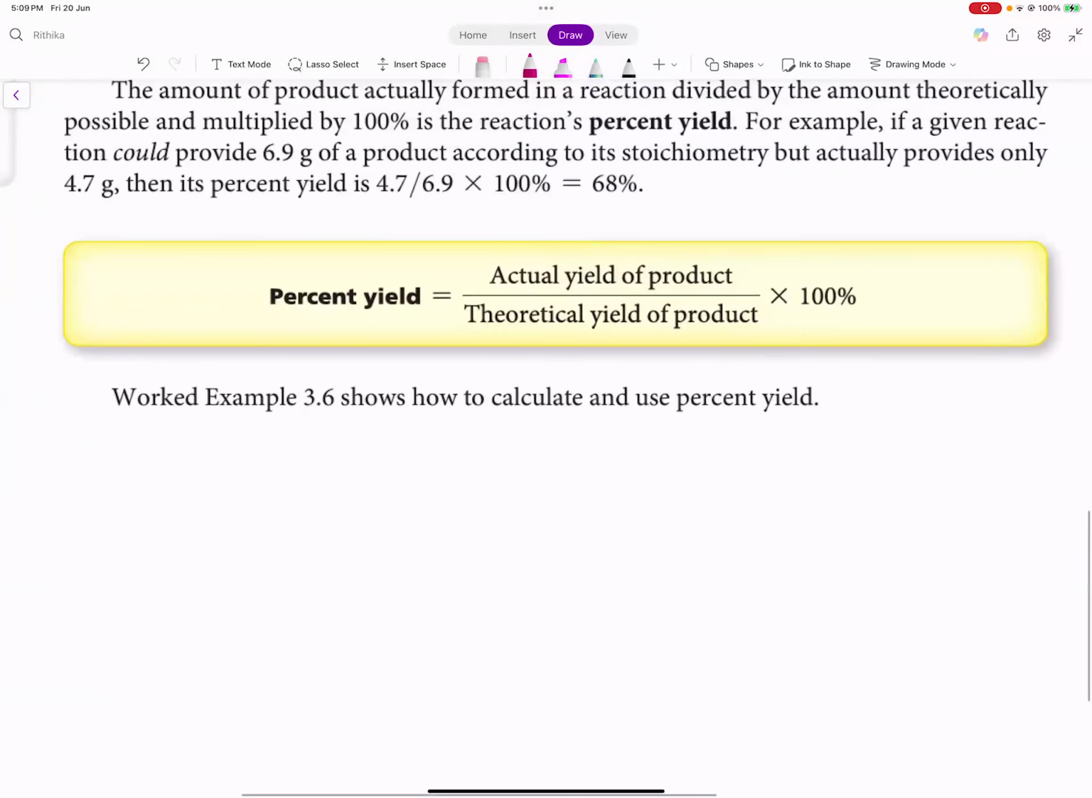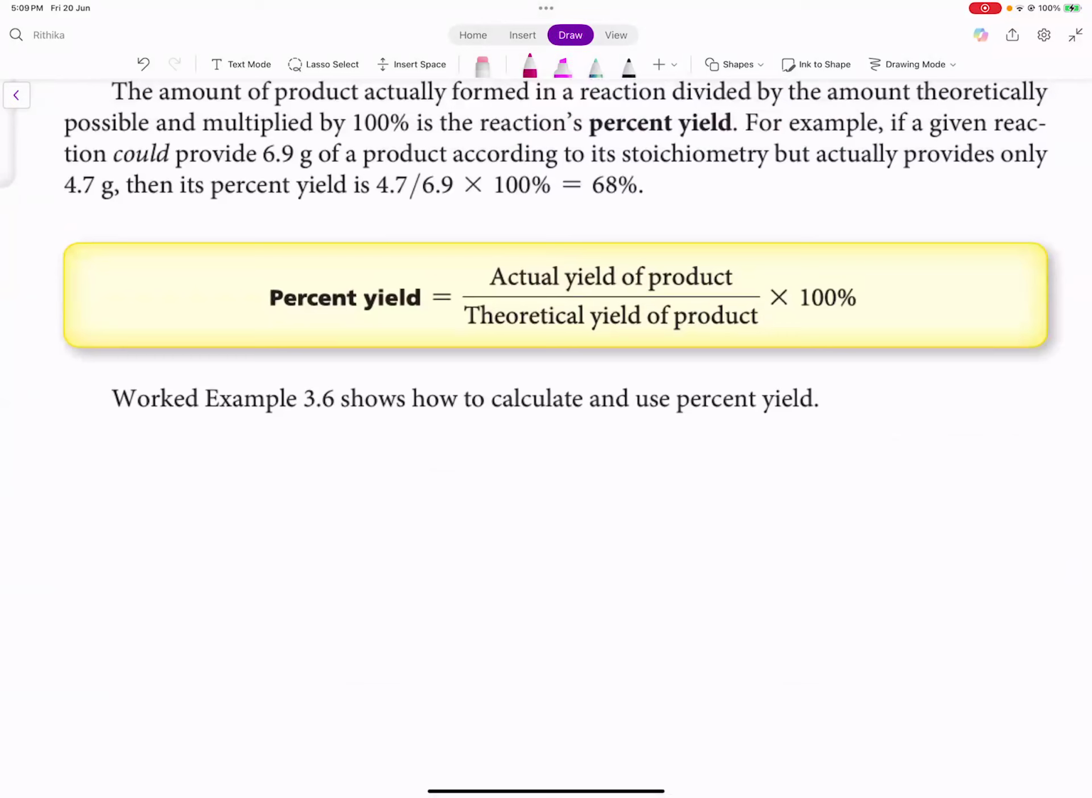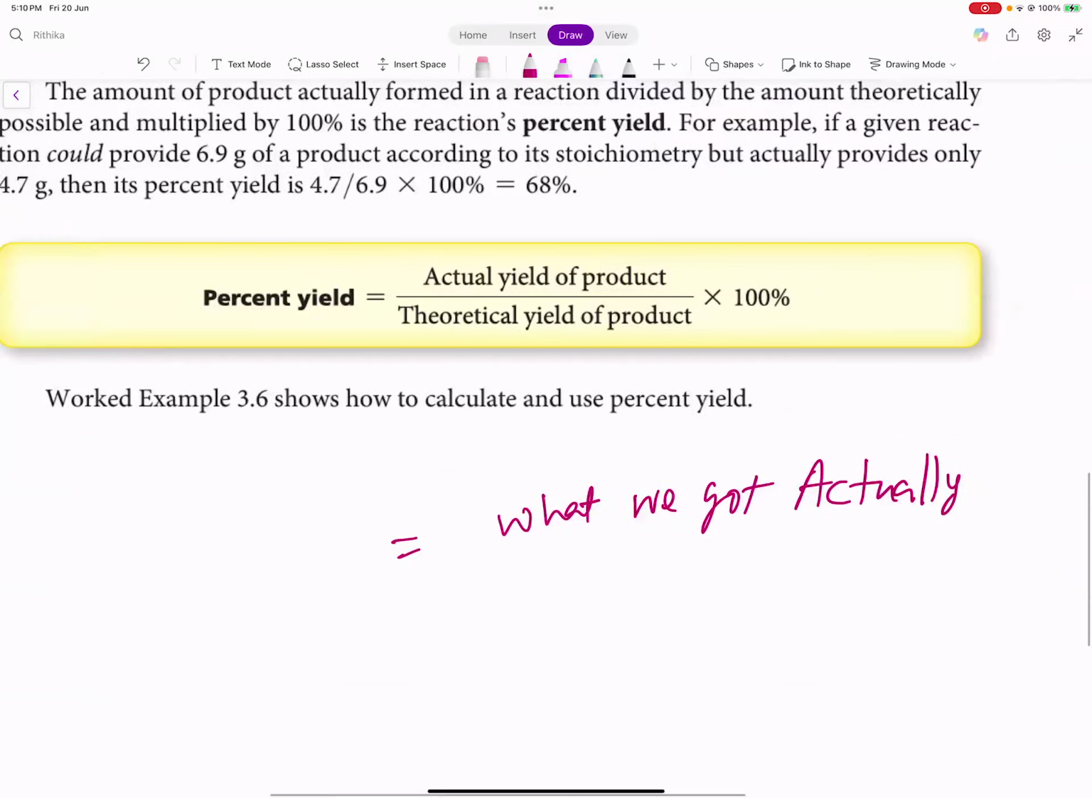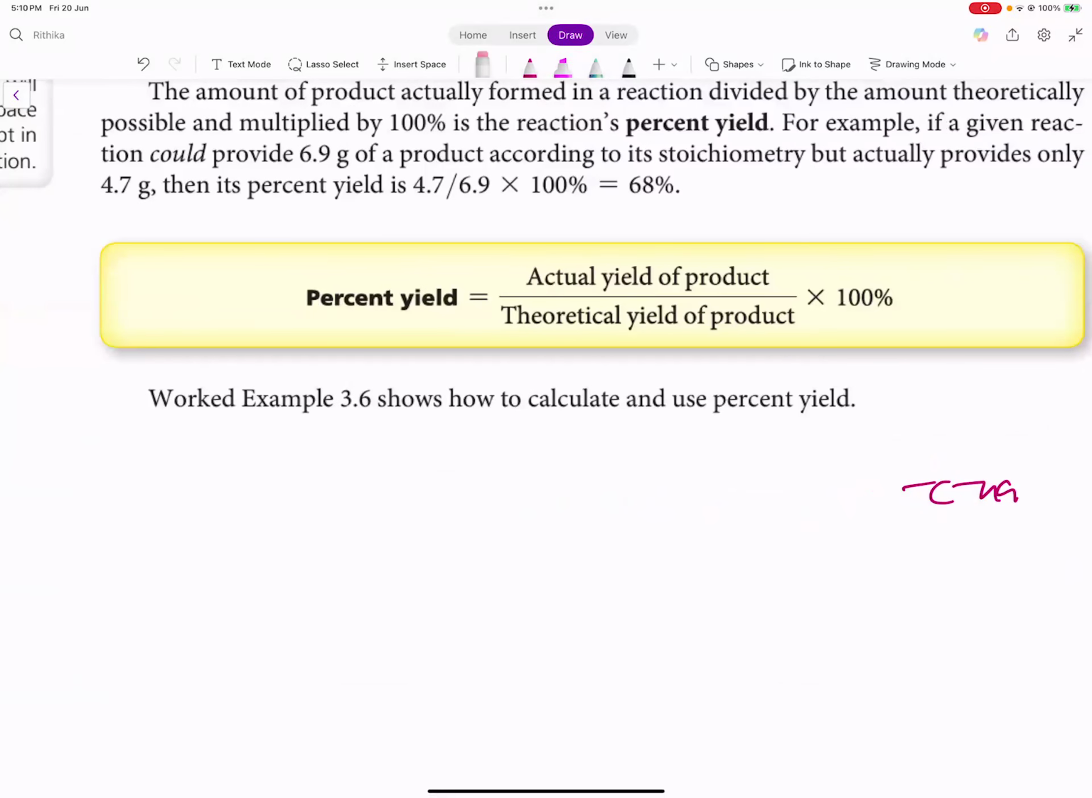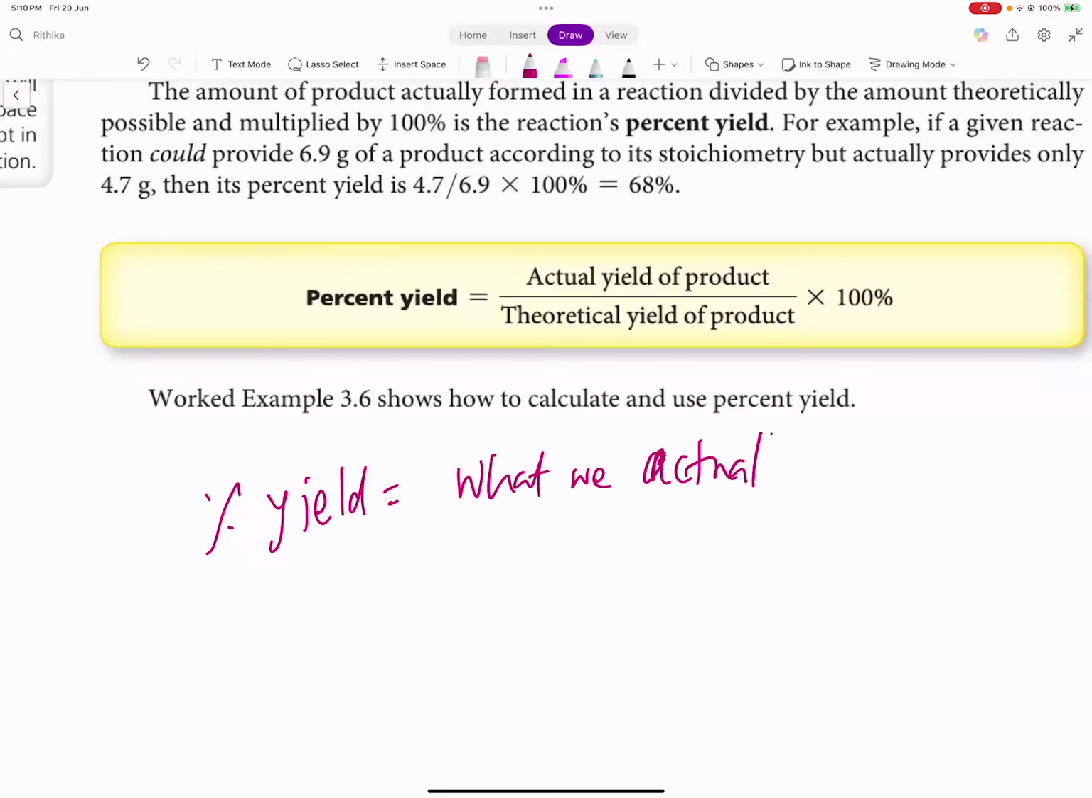So how do we define percent yield of a reaction? We define percent yield of a reaction as the actual yield of product, that is what we get in grams. What we actually got in the lab. So percentage yield is based on what we actually get in the lab, and we divide it by whatever the theoretical